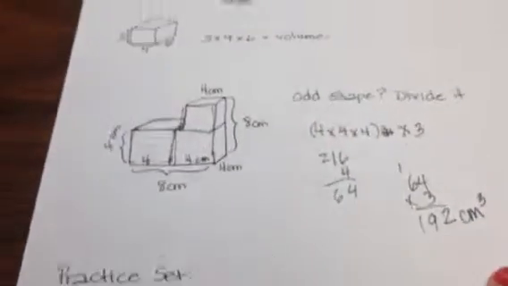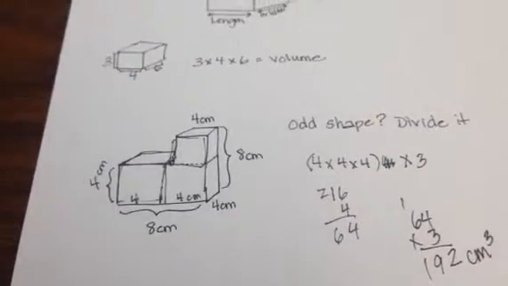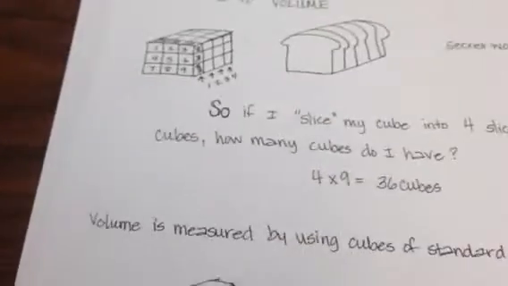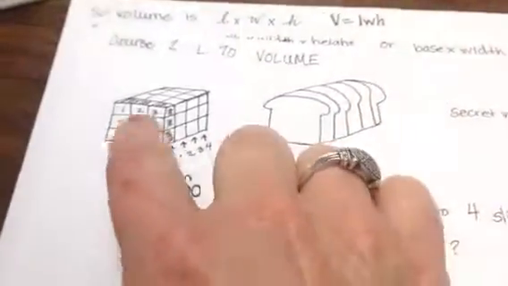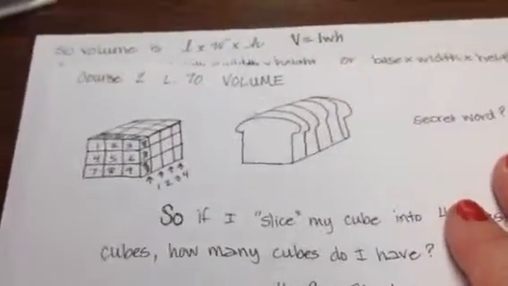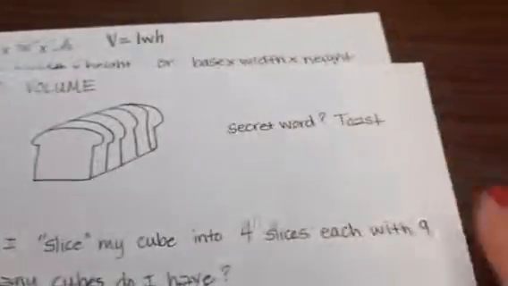That's it. That's all I have for volume. It's a big concept, but I think if you can think of it as slices of bread and how much is in one slice, that should help you. And please remember, secret word,